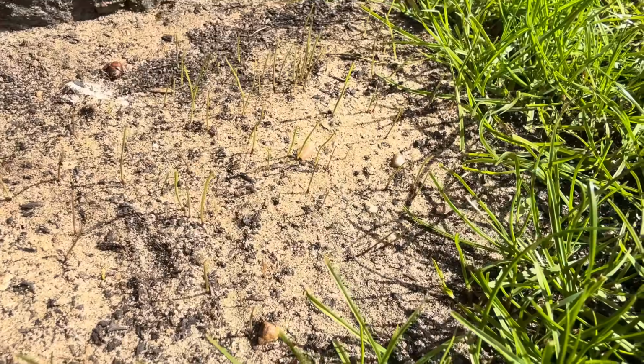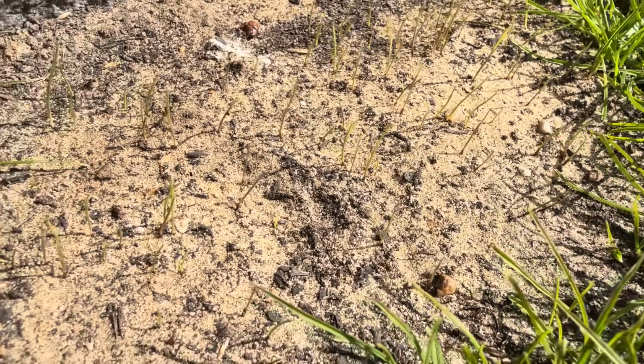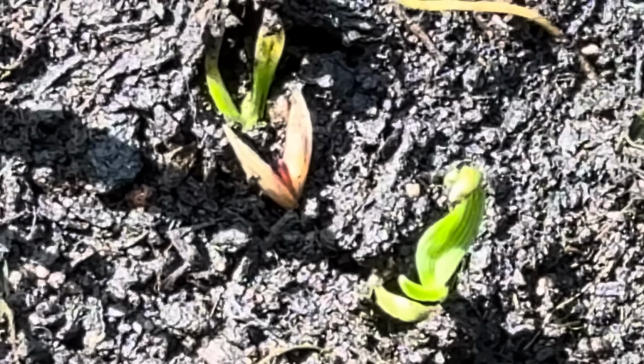We have some green shoots coming out of some of the bigger patches of soil that we refilled, and we have some tips of the red base of the ryegrass plant just showing on the area that we covered, which I just removed earlier. So what we're going to do first is give this lawn a cut